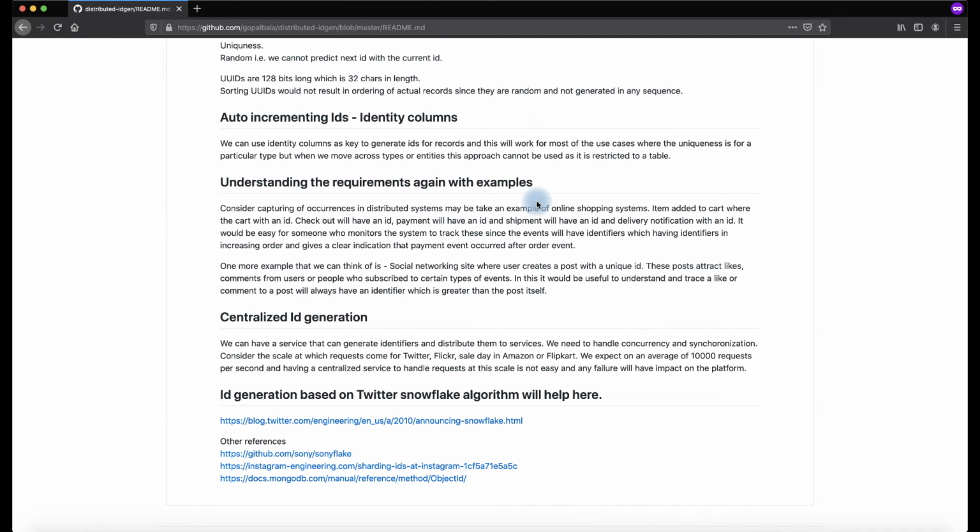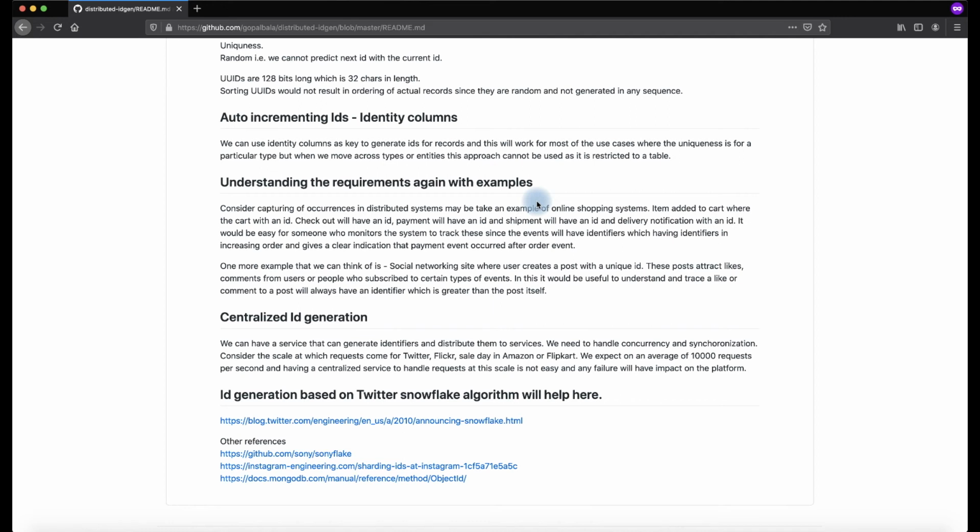Now let us understand what is actually the requirement. Tell me the requirements, sir. We need to create an ID which is distributed. Anybody can come and say that I need an ID within a particular domain. We should be able to give an ID which is roughly time sorted, and we should be able to serve thousands and thousands of requests at any point of time, and there should not be any single point of failure. This is the core problem, the distributed ID generation problem.